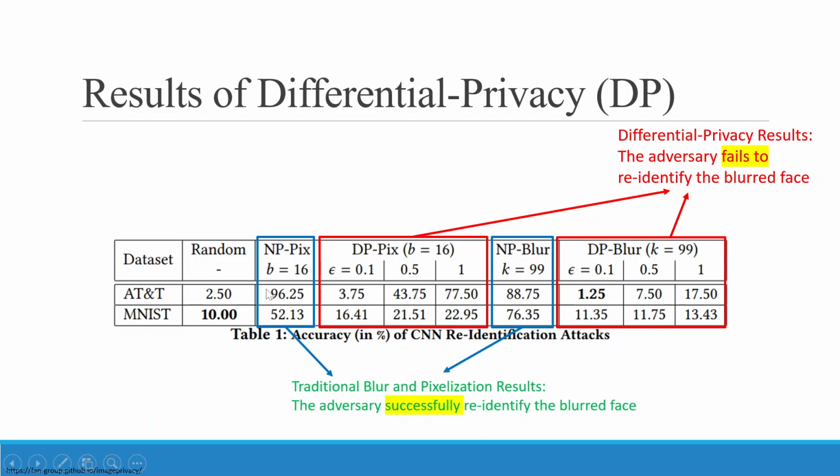For this, under the machine learning based attack, the NP pixelization means we don't have